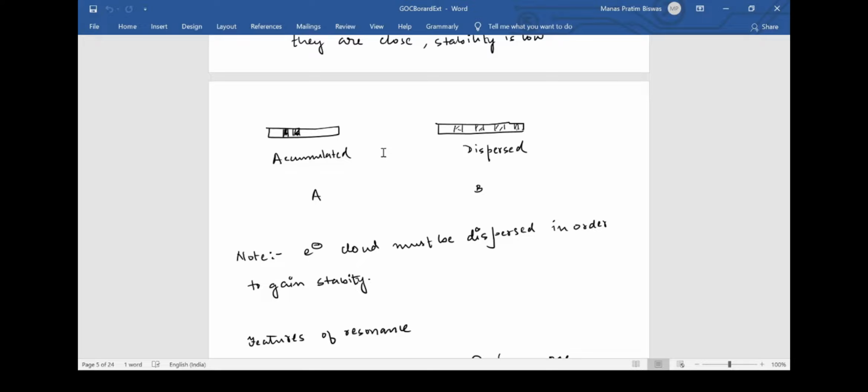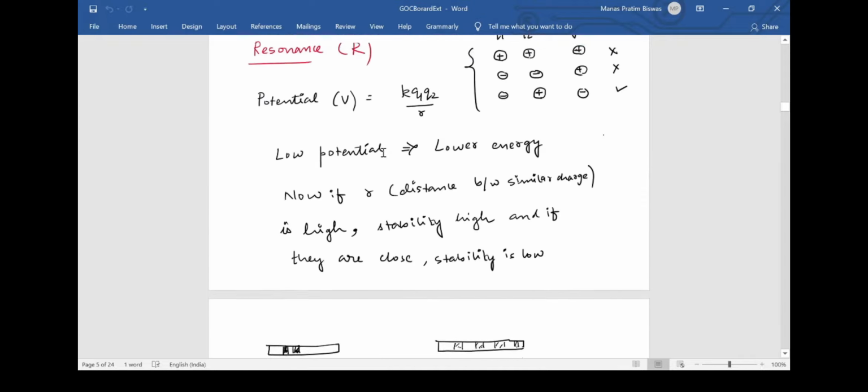Hence, the more we can disperse the electrons, or the more the electrons are far away from each other, the more the system becomes stable. So what we can generalize from here is that if electrons get accumulated at some place, that is, in example A that I have taken, then the stability decreases. And in case of B, if the electrons get dispersed, that means the electron occupies a larger volume or is extended at a place, then the stability of the overall system increases. And I have explained it with the help of potential.